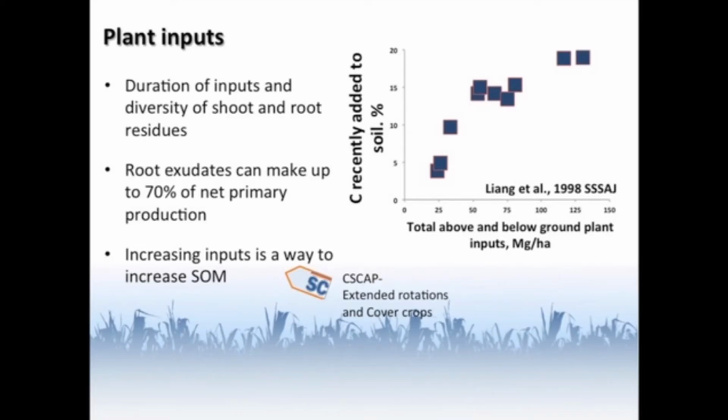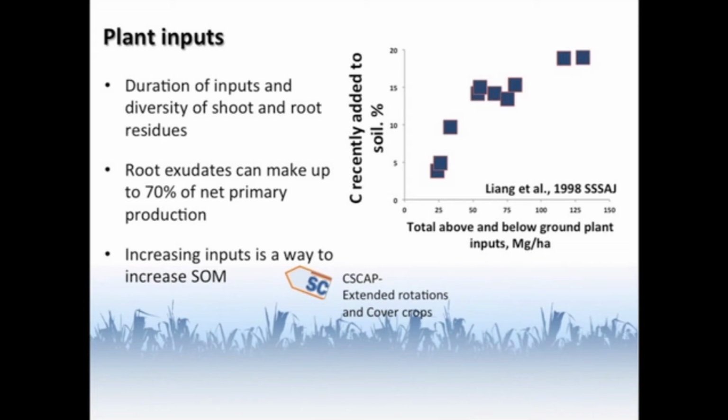So it's how much inputs those plants contribute to the soil. It's not just the total amounts, it's also the seasonal duration of those inputs. It is the diversity and quality of those inputs that matter as well. For example, those root exudates, something that plants contribute to soil while they are alive, can be as much as